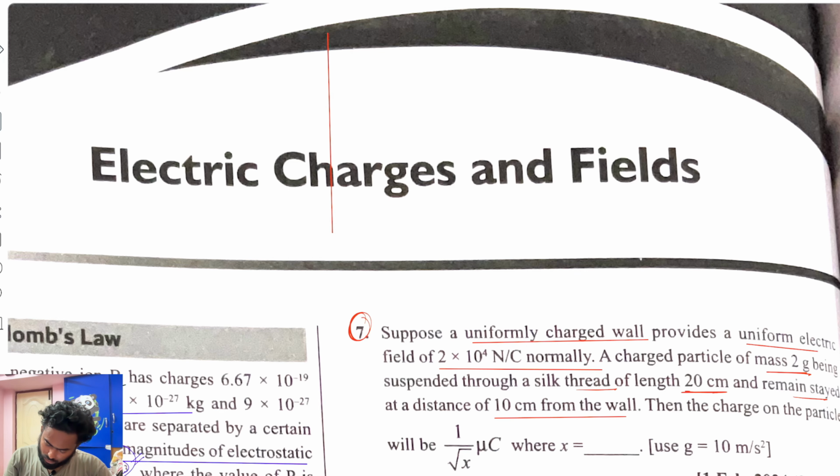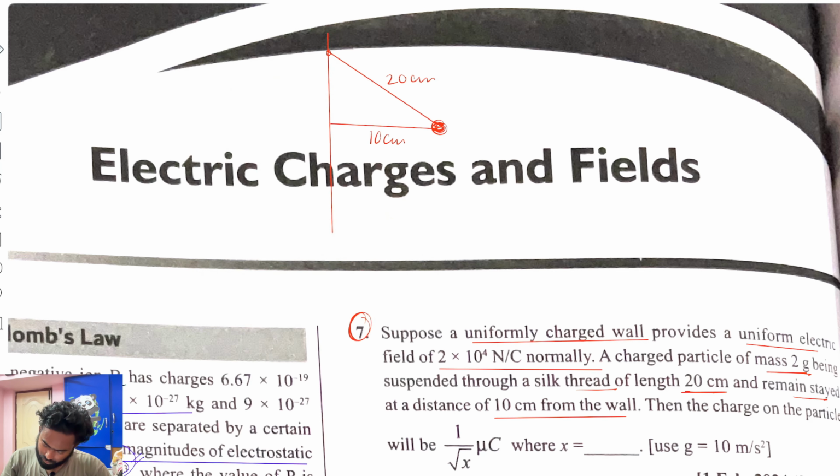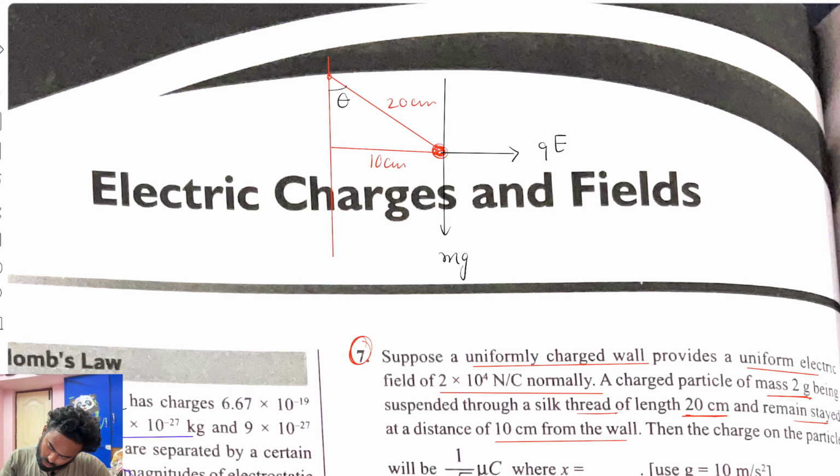This is the wall, this is our block, 20 centimeter, and this one is 10 centimeter away from the wall. It remains suspended, meaning equilibrium. So downward force will be how much? mg. This side force will be how much? QE. This angle is theta, so this angle will also be theta, and along this string there will be a force